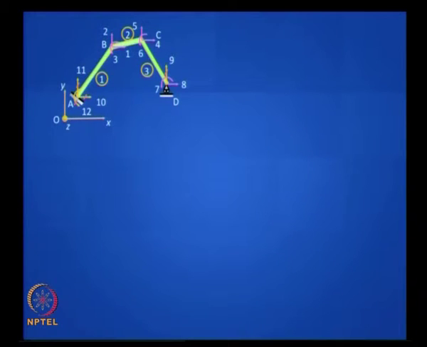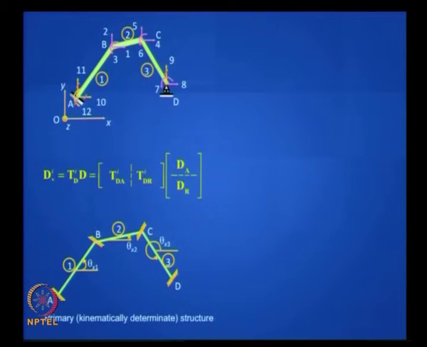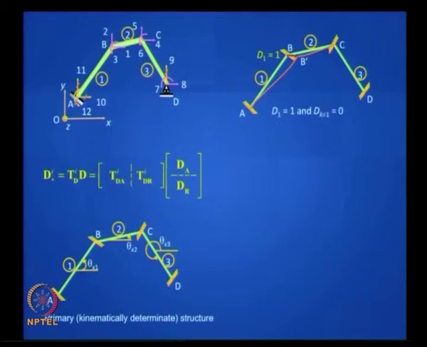Let us just try to understand what that means. Take this same structure, let us see what it means for the ith element. What should we do? Well, really we are trying to first arrest all the degrees of freedom. So you get the kinematic structure, all degrees of freedom arrested, then one at a time, let us say d1 equal to 1, you get a shape like that. We are trying to see the effect of this in each of the element stiffness matrices, each of the element displacement vector, that is what we are trying to see.